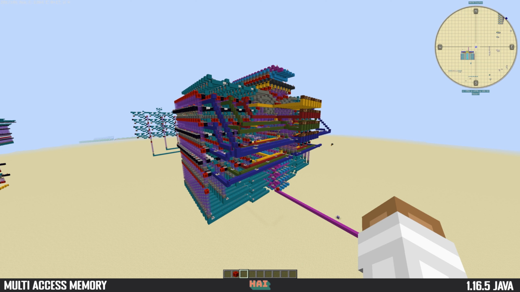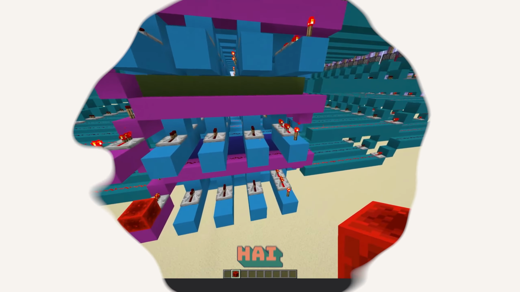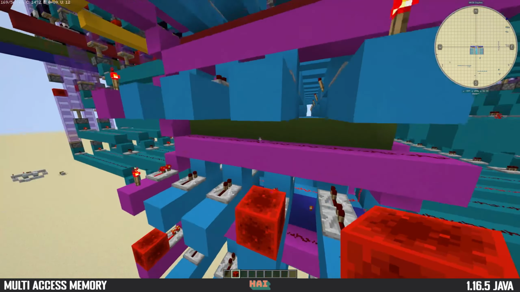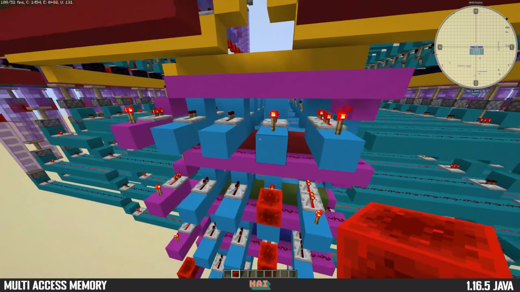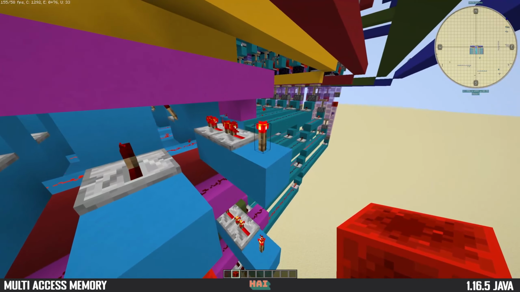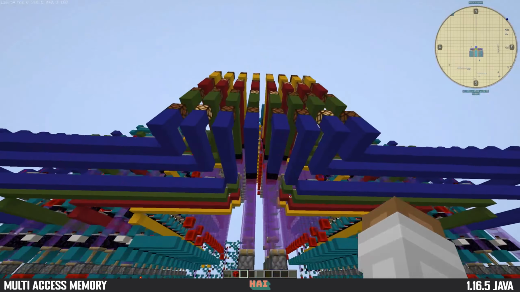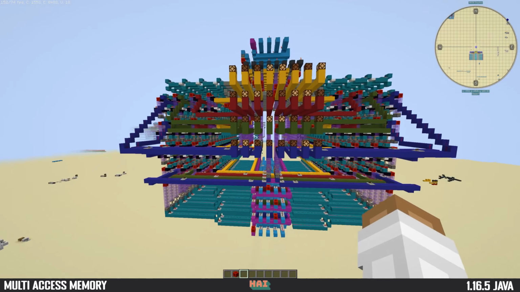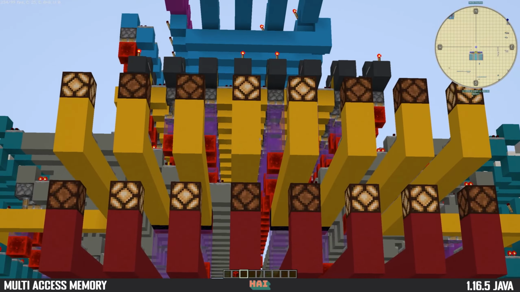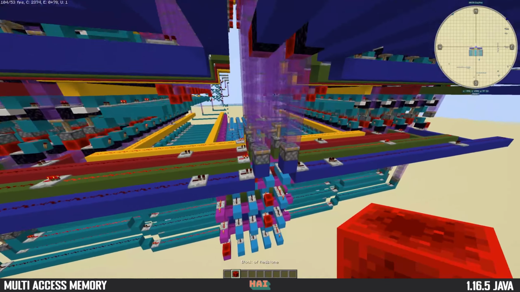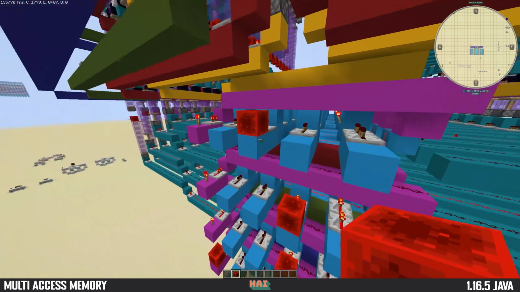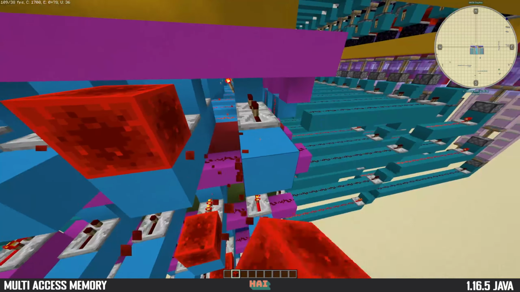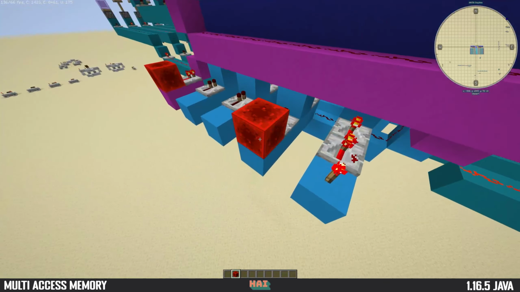I do want it to be multi-write. Now, at the moment, you can only write to one section of data at a time. Down here is basically where you select what you want to read. So I'll actually change these, so we're reading all different ones. And if I come up here, as we can see, I'm reading different lines of data all at the same time, and I can also access the same data on all of them,